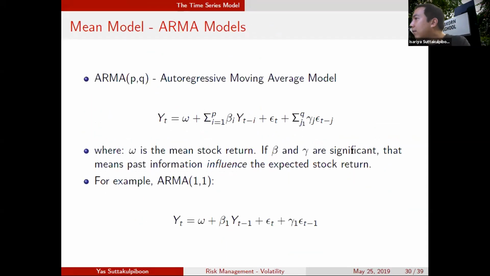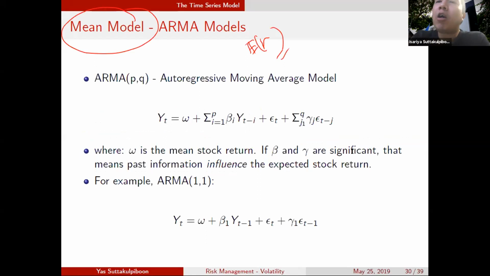Now I'm going to talk about the mean model. I'm going to model the mean, or expected returns. I want to know on average what the stock return is going to be like in the next day, in the next 2 days, in the next 3 days, and so on and so forth. That's the mean model. I want to know the average returns over time. What kind of model do you want to use? Something called ARMA. ARMA stands for autoregressive, AR, moving average model, MA. The autoregressive moving average model has the following